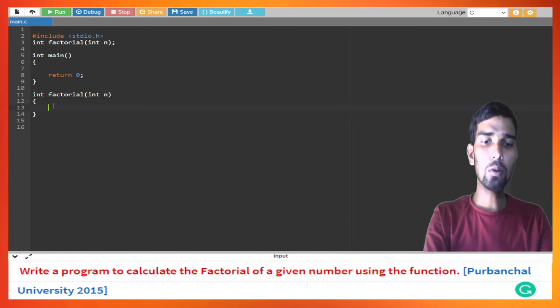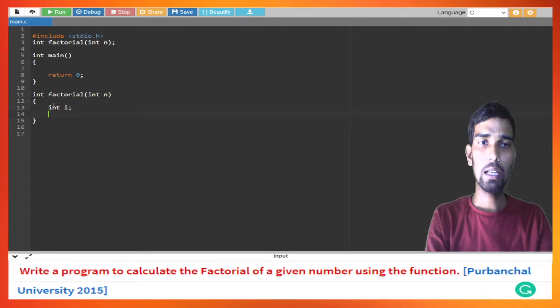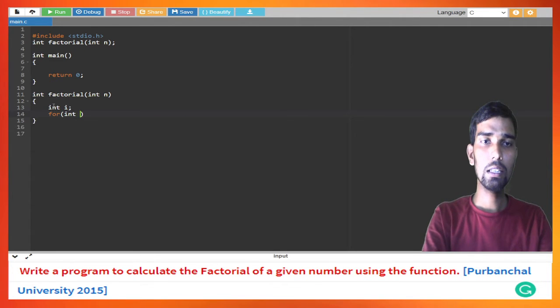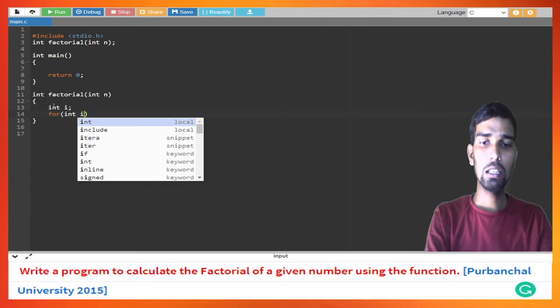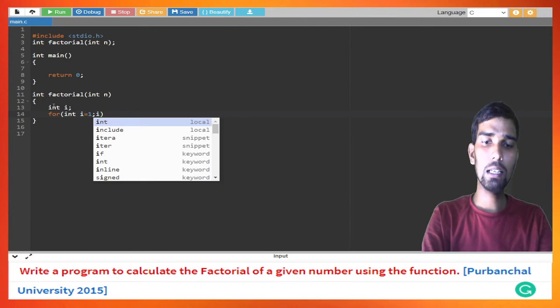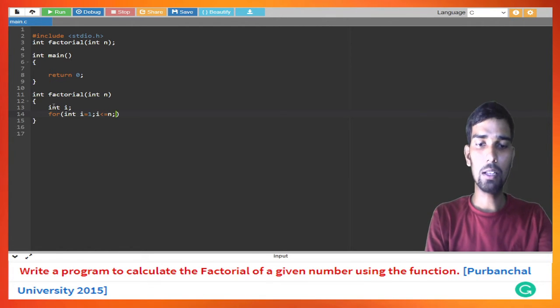So what we have to do? We have to do initialization for one counter, and then we will do for int i equal to 1, i less than or equal to that number, and i plus plus. Then how can you find factorial?